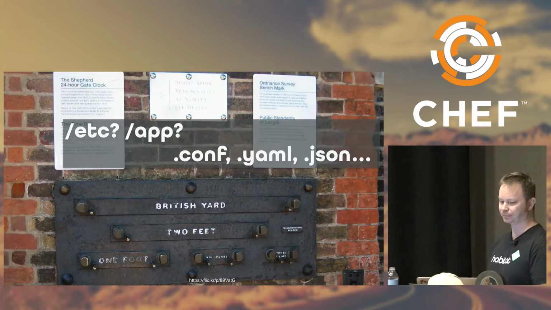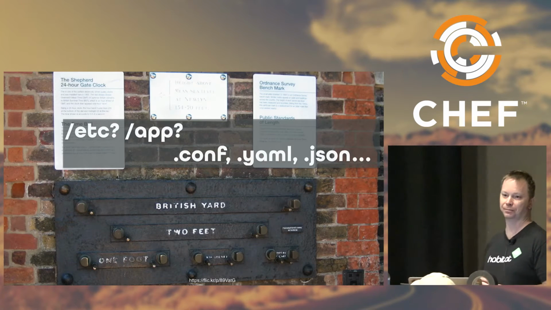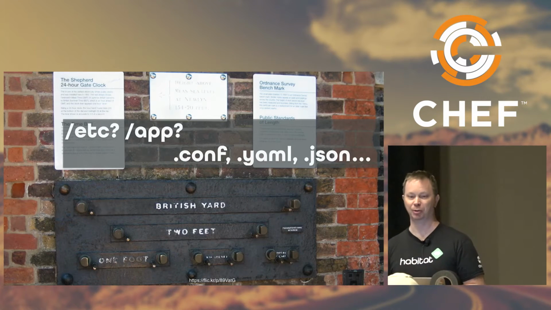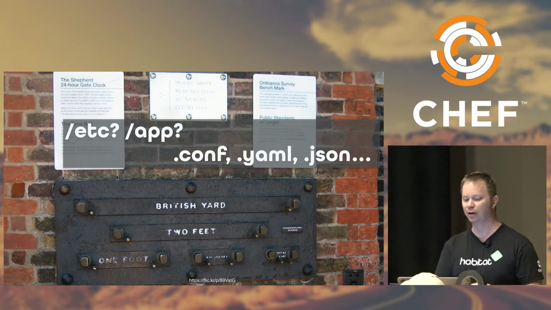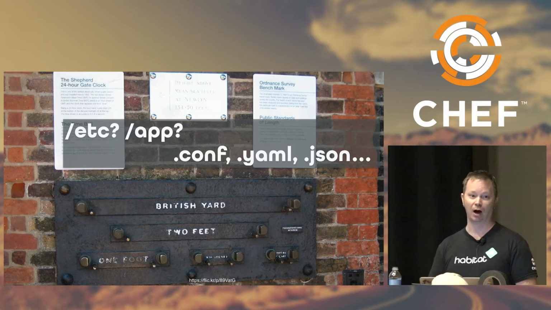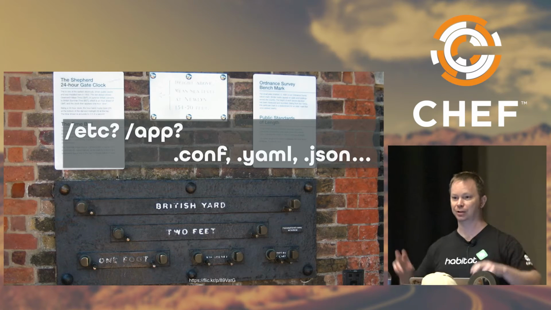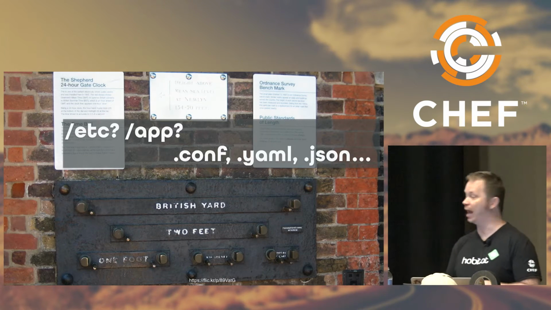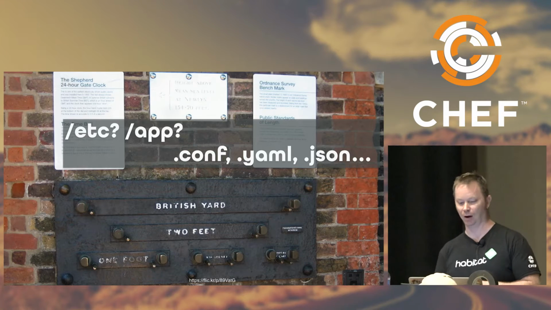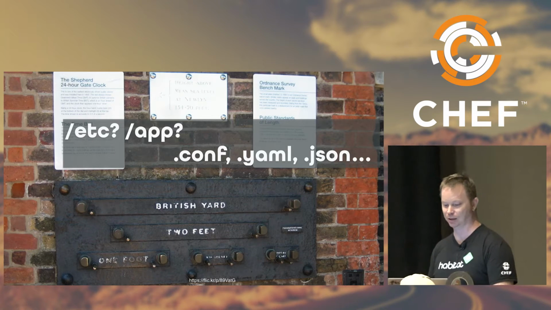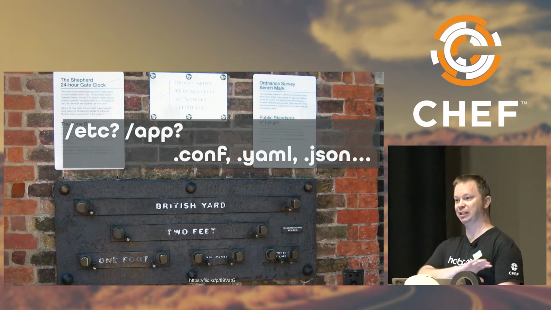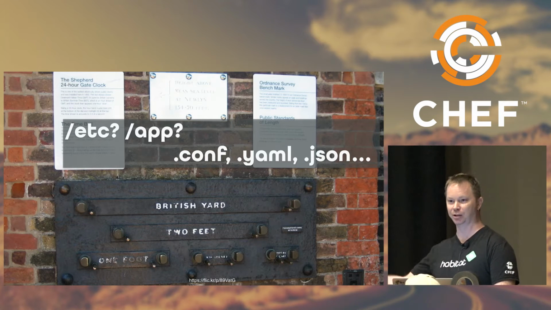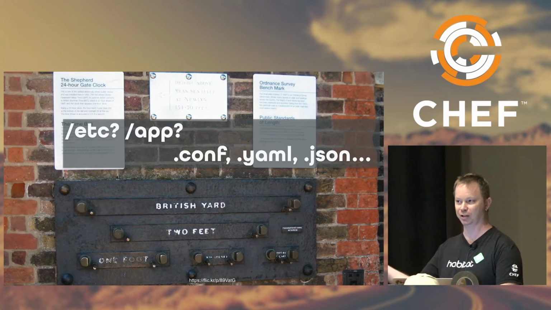And aside from that, where do you put your config files? Do you put them in /etc? Do you put them in the application's directory? Are those config files .conf, like standard Unix config files that are not standard at all? Are they YAML, where white space is pretty cool? Or JSON, where you have no comments? So, we have all these different standards of the way that we all run our applications, right? Because everybody's infrastructures all look the same? No.